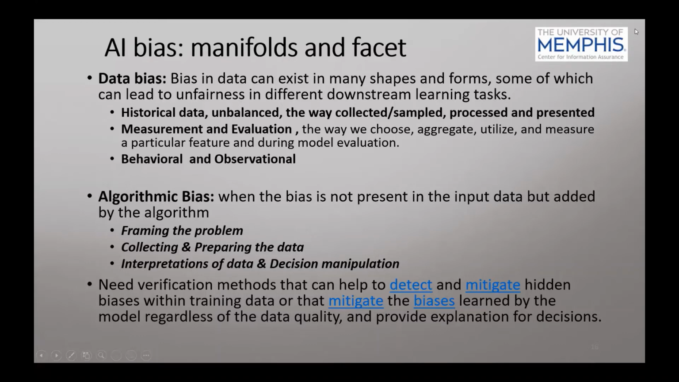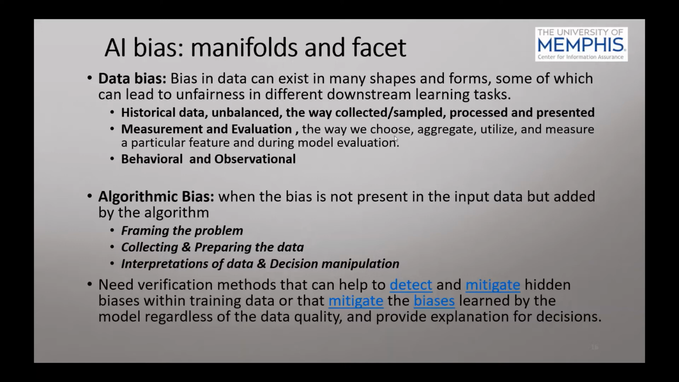Now, the first thing is the bias, and we are going to talk more about the bias now. So you can see the bias has many folds and facets. The bias can come from data, and we call it data bias. Bias in data can exist in many shapes and forms, some of which can lead to unfairness in different downstream learning tasks. For example, historical data, unbalanced, the way data is collected and sampled, processed, and presented,